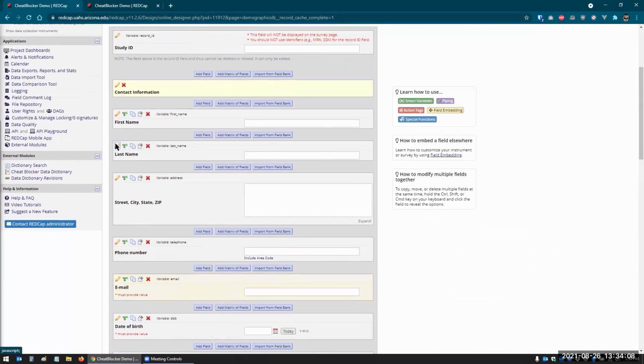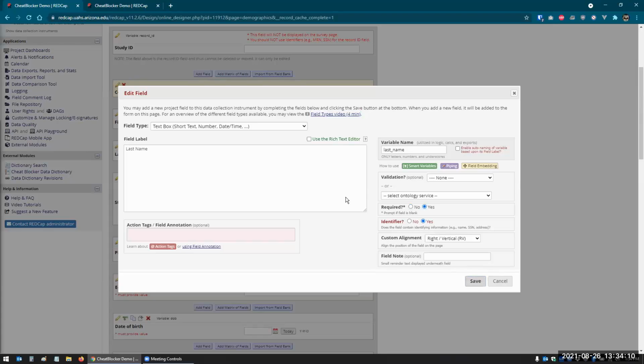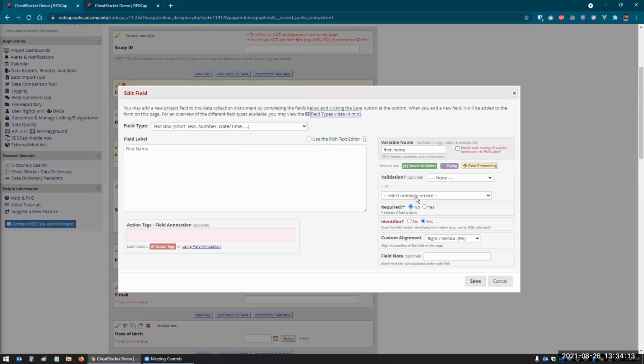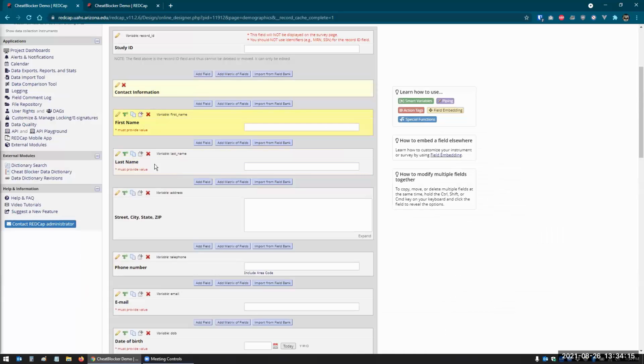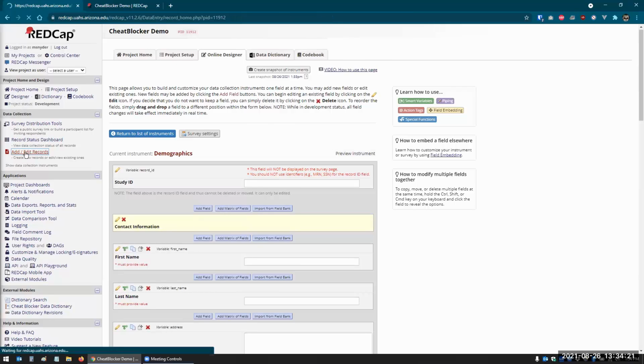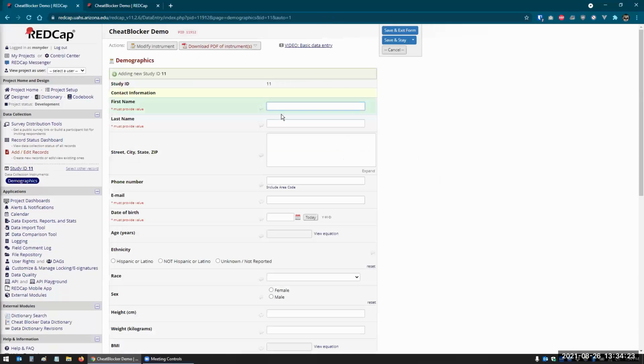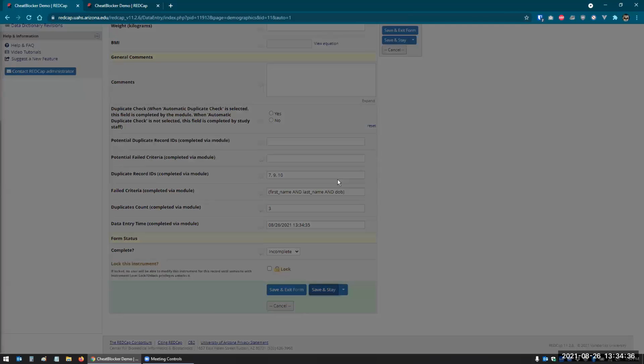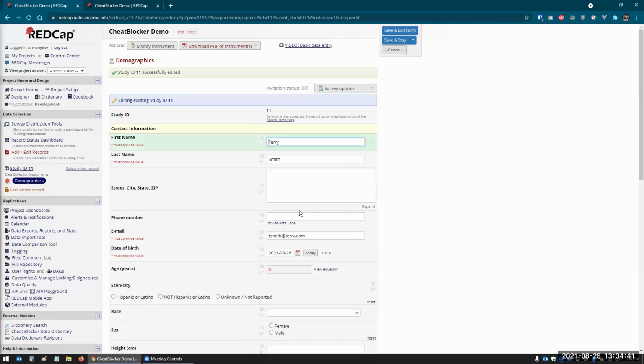So let me go back and make these required. I guess, you know, you don't really have to make them required for the demo, but you would want to do it if you were doing it in a live project. So now if I go back to this, it should work. There you go. So it's basically because the way the CheatBlocker was set up is it's checking for this value,